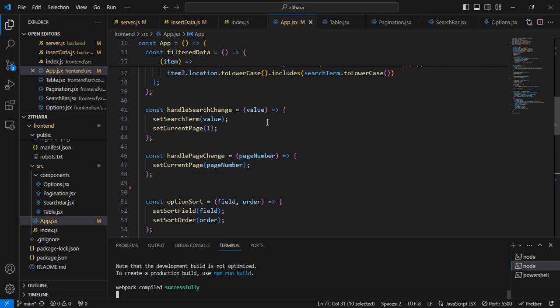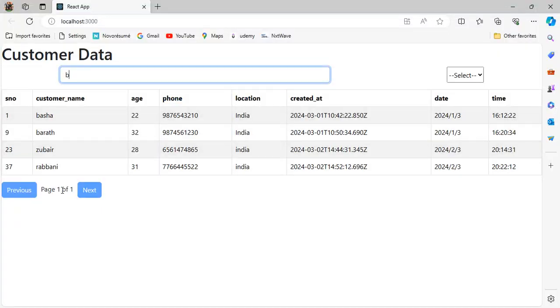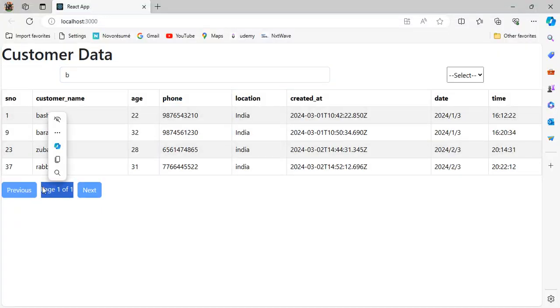handleSearchChange. It defines the function handleSearchChange that updates the search term state with the new value and resets the current page state to 1. You can check here, the value is only 1, updating the current page state. Okay,